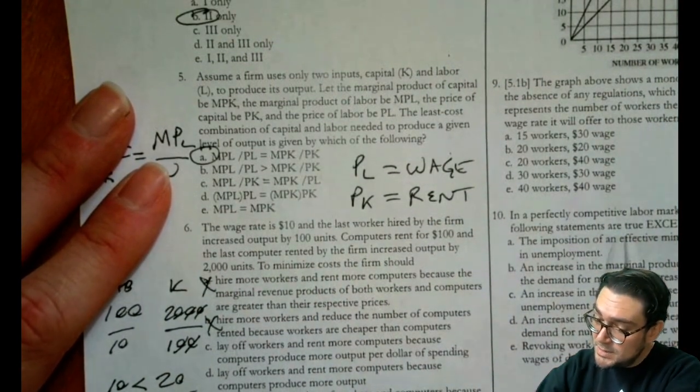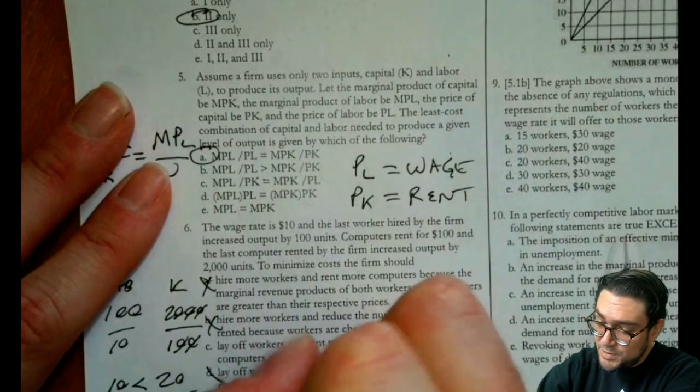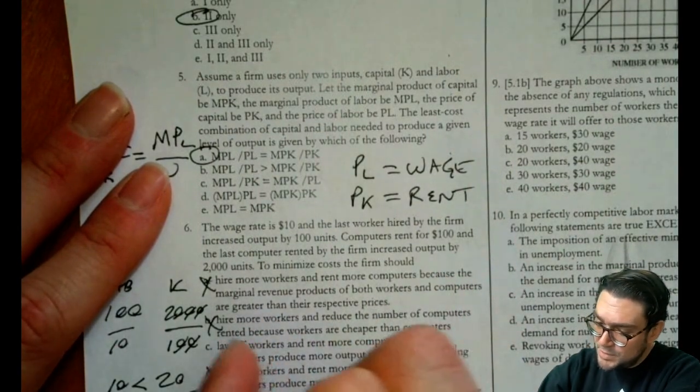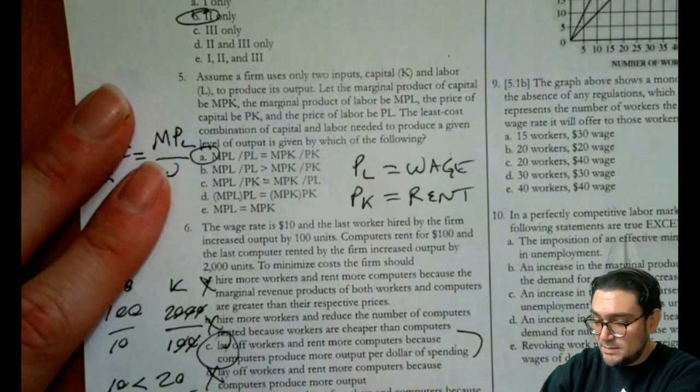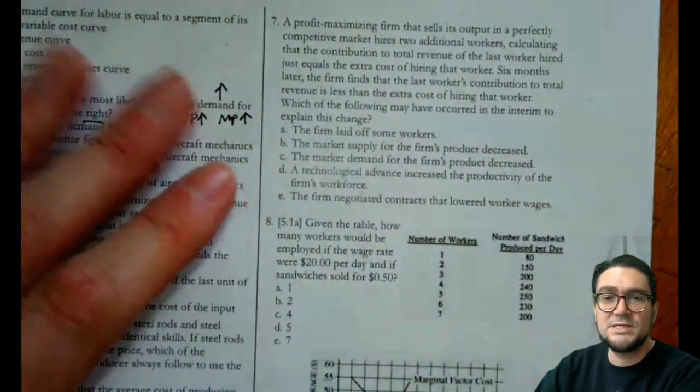That's true. Lay off workers because computers produce more output. No. C is the right answer. Let's take a look then at number 7, a profit maximizing firm that sells its output